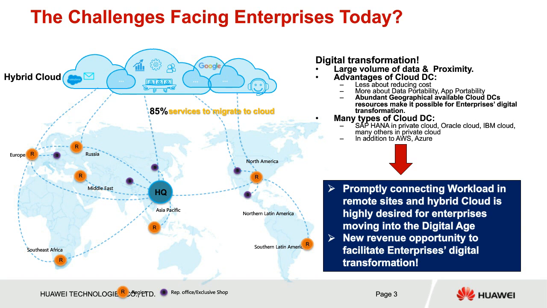And of course, the cloud is not just a single type of cloud. There will be public clouds such as AWS and Azure. There are many other types of cloud data centers, on-prem data centers, and also special-purpose data centers. Being able to interconnect them becomes very, very important for enterprises. These new challenges and new needs for services also bring new revenue-generating opportunities for service providers, which can be traditional network service providers or new types of service providers.